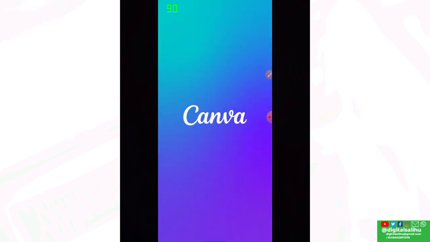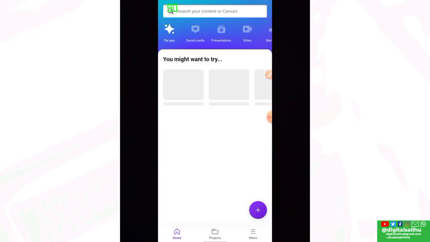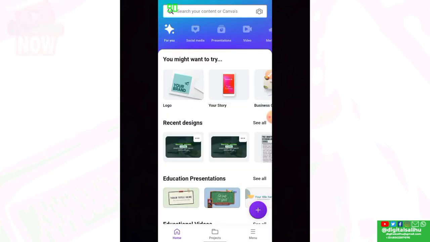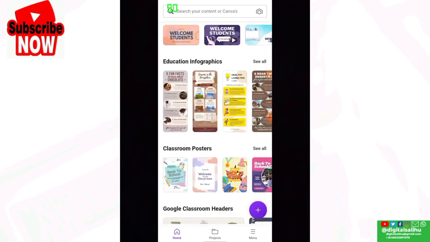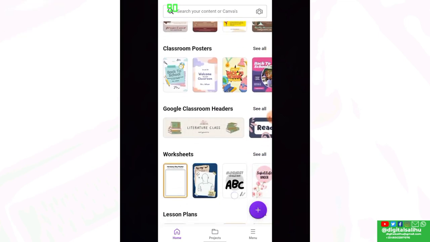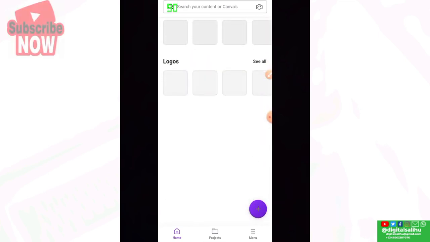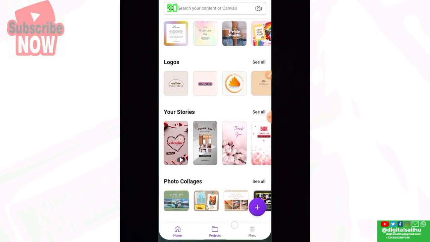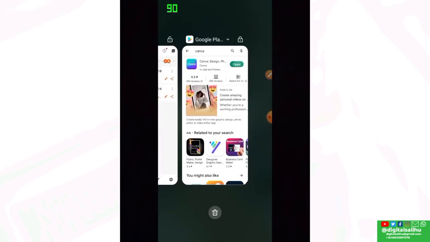You can see the color is white, and you can see the background color. This is the interface of Canva. You can see several things. This is it. Now let me also take you to